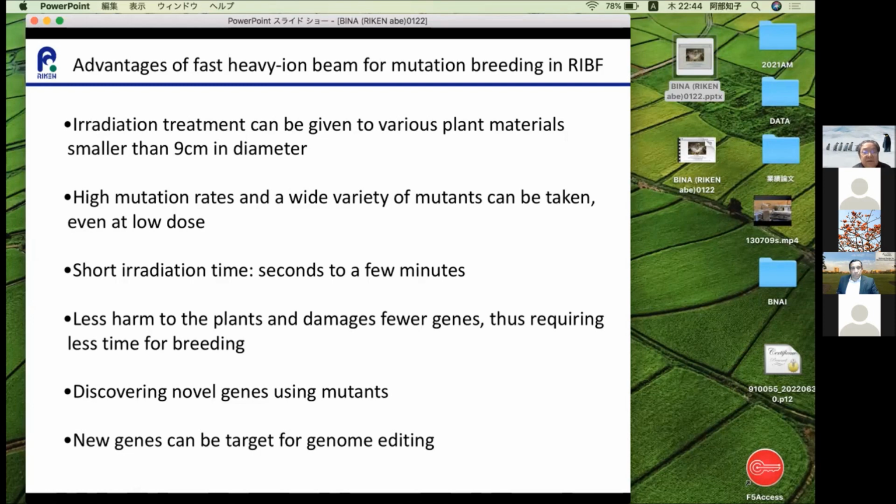Discovering novel genes using mutants. New genes can be targeted for genome editing. I hope ion beam breeding will continue to spread worldwide. We would like to promote